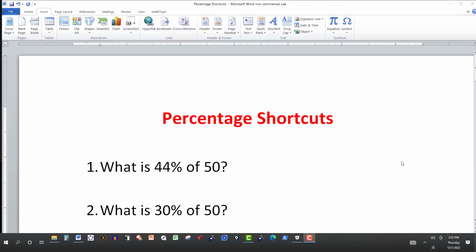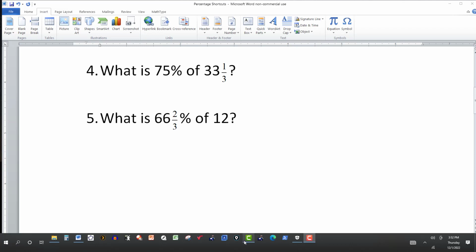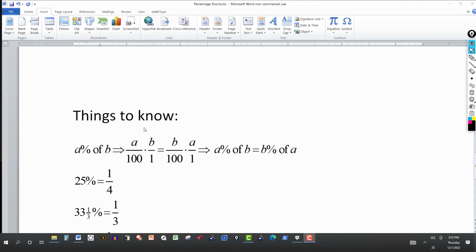In this video, we're going to look at some percentage shortcuts you can use when you're working these types of problems, especially if they don't let you use a calculator. So let's look at some basic ideas here. So things to know. You're given a problem of this format, A% of some number